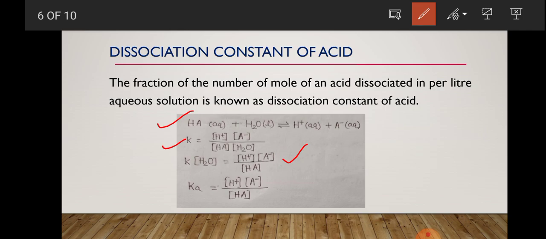So the constant K with the concentration of water gives another constant which is denoted by Ka, and Ka equals concentration of hydrogen ion into concentration of A ion divided by concentration of HA. Here Ka is the dissociation constant of acid,